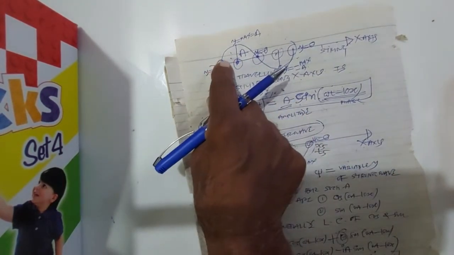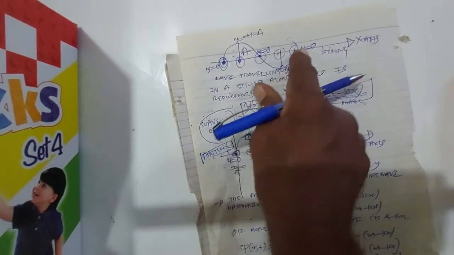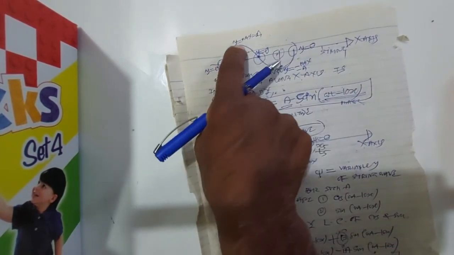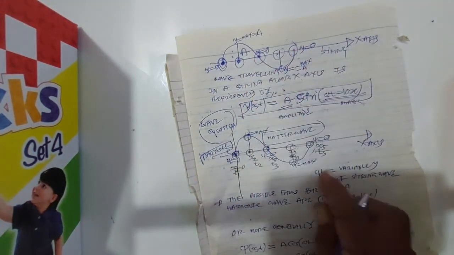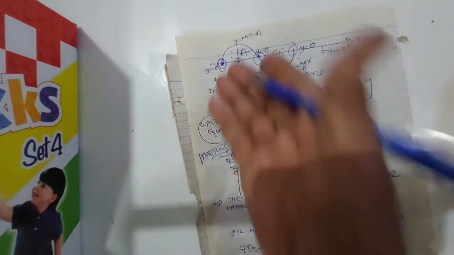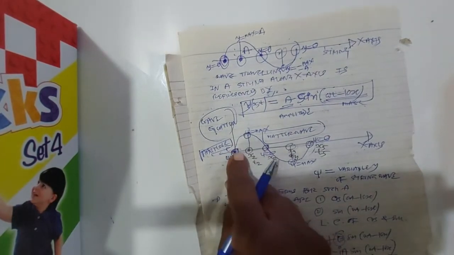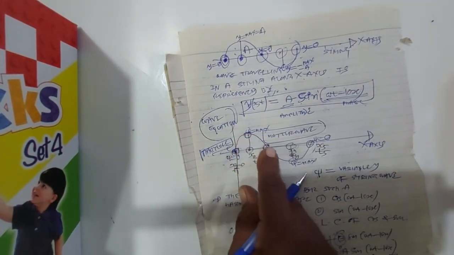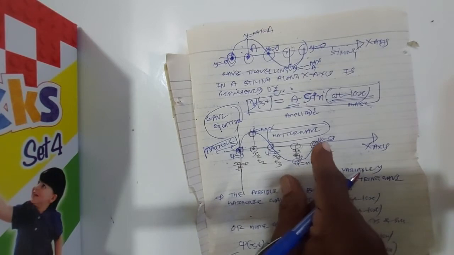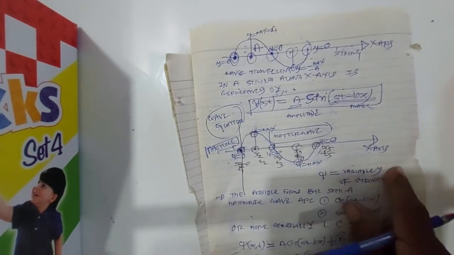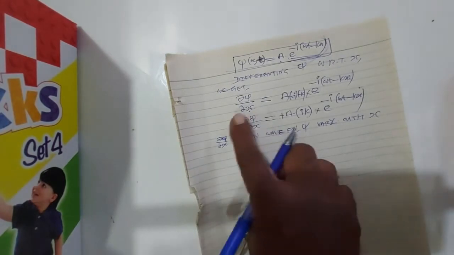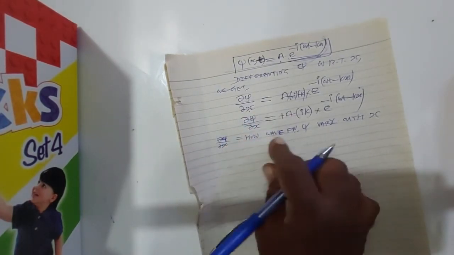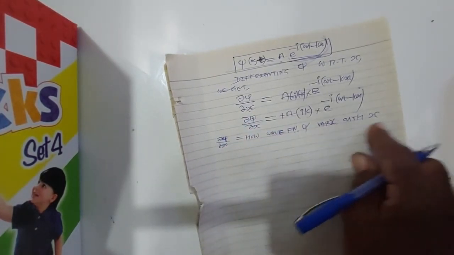See, in a string the displacement of a string particle is changing. It is 0, then it becomes maximum, it becomes 0, again it becomes maximum and 0. This wave function psi is also just the same thing. It changes from 0 to maximum, maximum to 0, again maximum to 0. So the wave function psi is equivalent to the variable y of the string wave. So d psi by dx gives the information about how the wave function psi is changing with x.